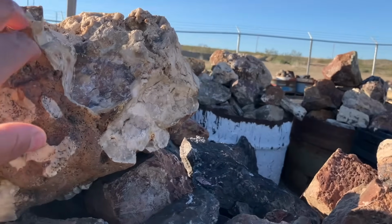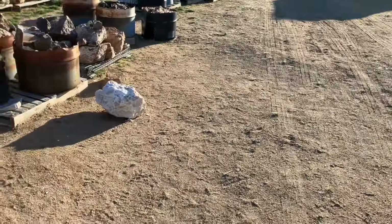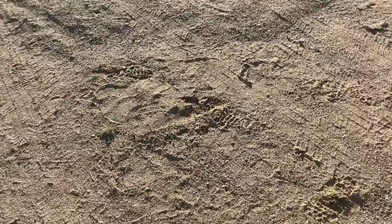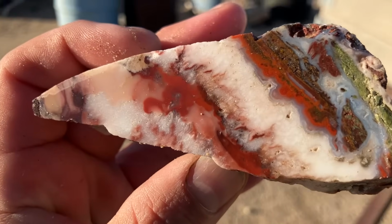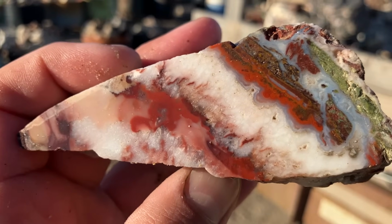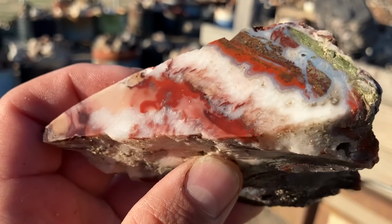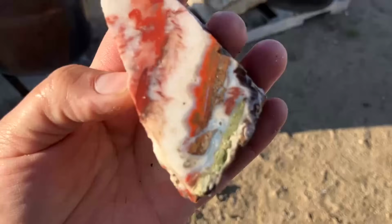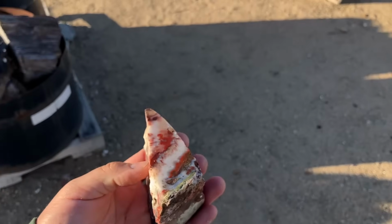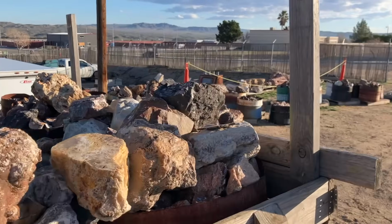Yeah, this is a great one. This is cool. I'm excited for this very piece. This will make some really good cab size slabs. And this is Katy Mountains for sure. I don't know what it is. I know it's a red agate jasper thing. Is it top notch or something else? I don't know. Over there in the Katie's, there's even like